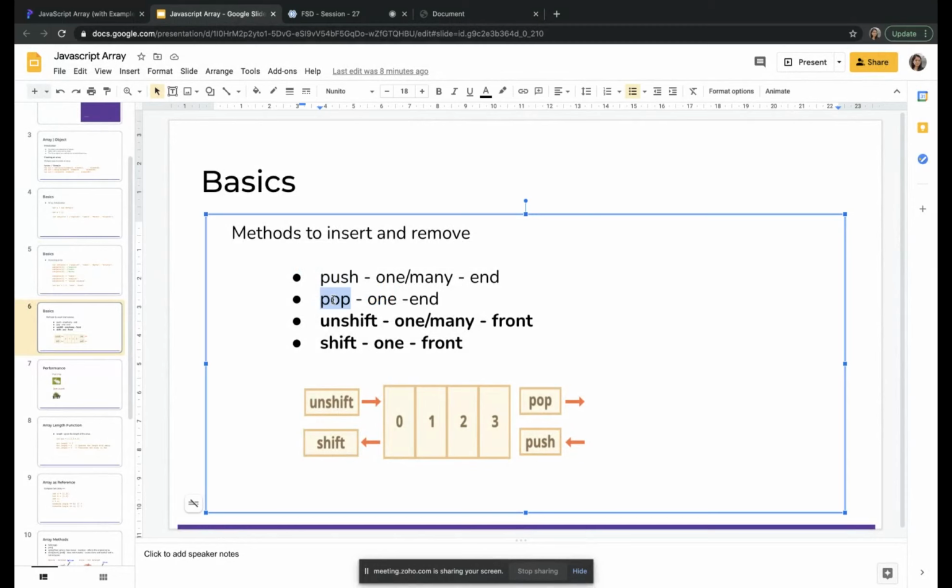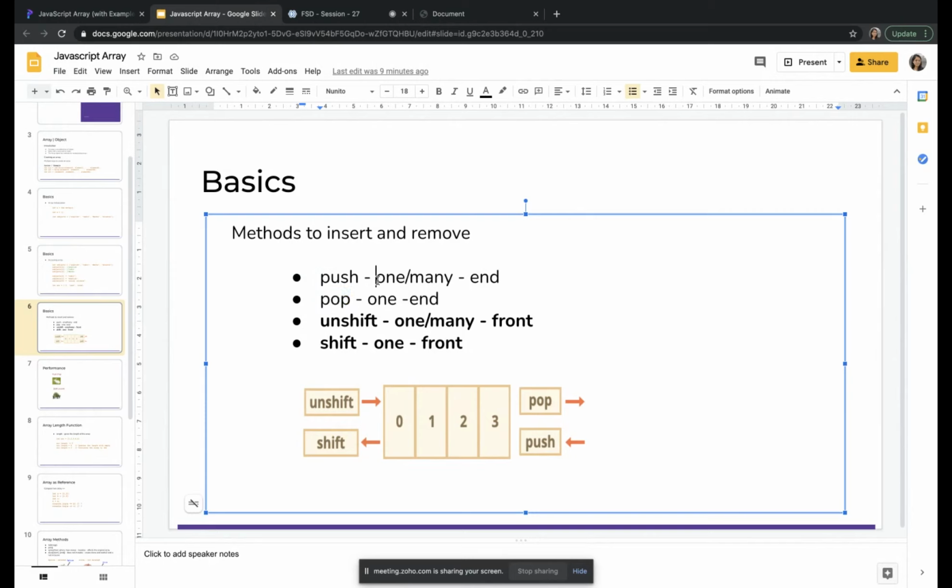It's just simple. Push and pop are used to insert and remove an element from the end of the array. Shift and unshift are used to remove and insert an element in the front of the array. Using push, you can insert as many elements as you want, but when it comes to removing, pop and shift remove only one element.